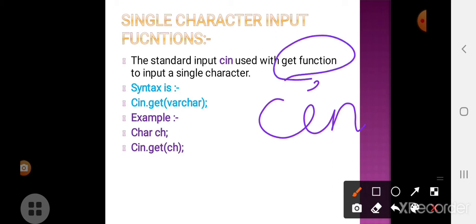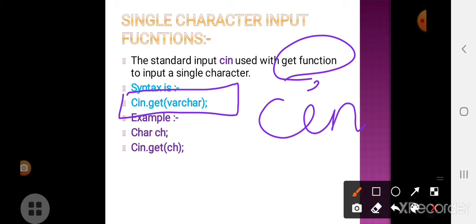The get function will take any one single character. What is the syntax for that? cin dot get varchar is the syntax for the single character input function.